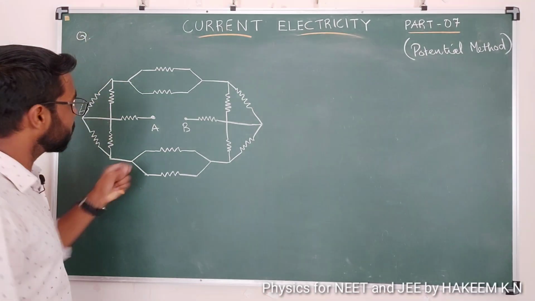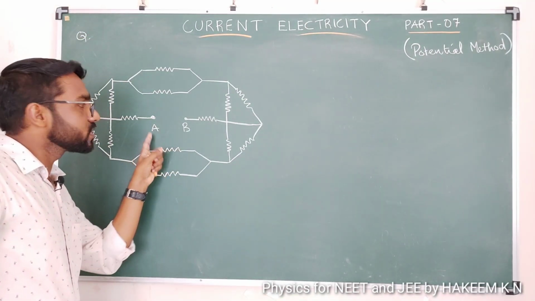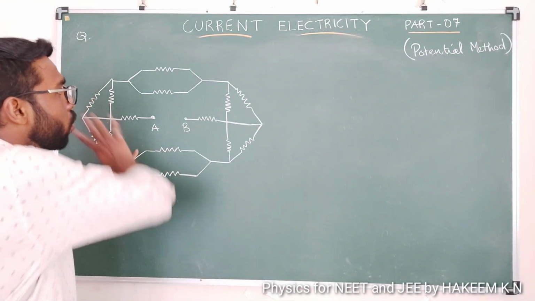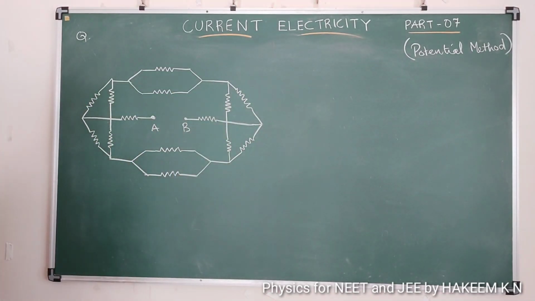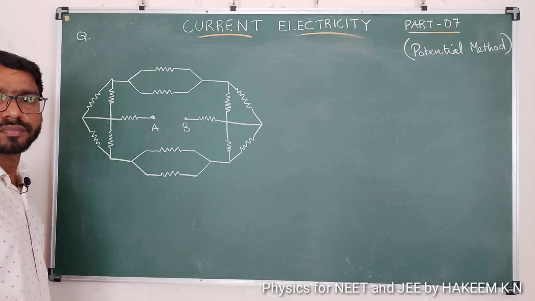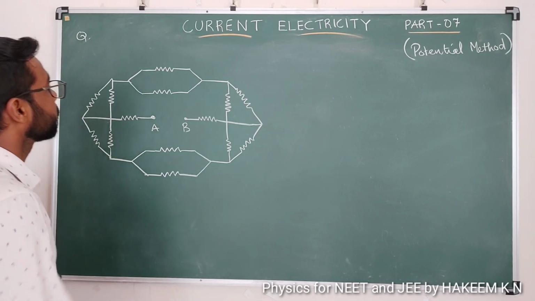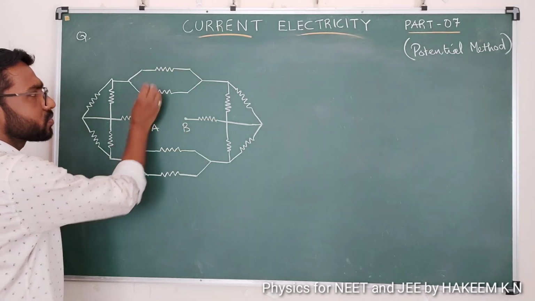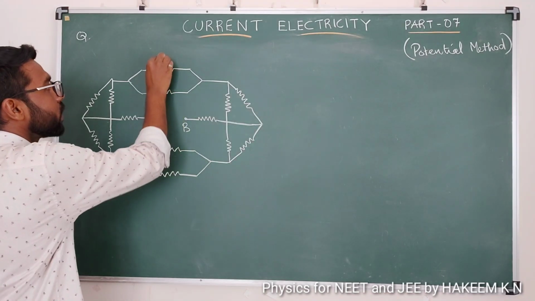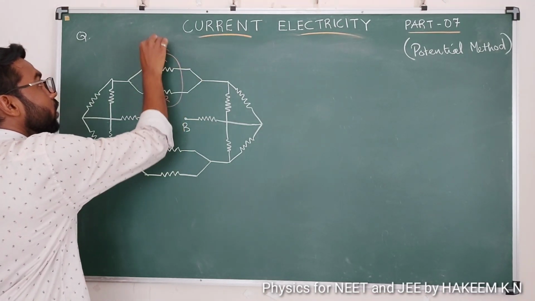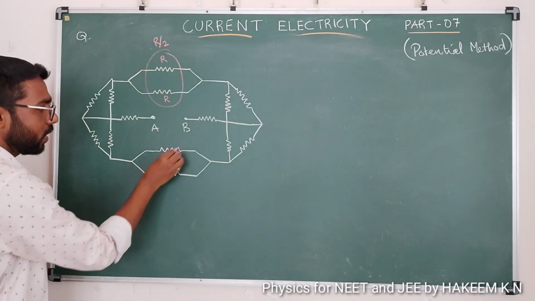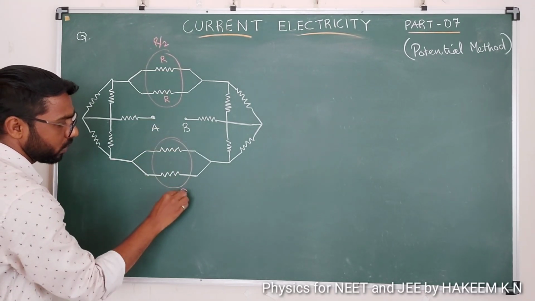Okay, here is a question. Find the effective resistance between A and B. All resistances are identical, capital R. How to find? Okay, listen. All resistances are capital R, so we can say R, R. These are parallel, we will get R by 2 here, right? And like that we will get R by 2 at the bottom too.